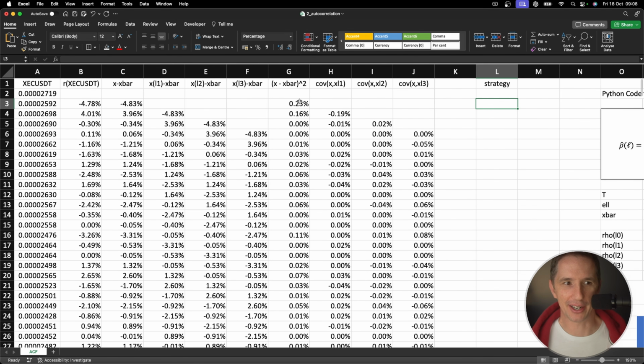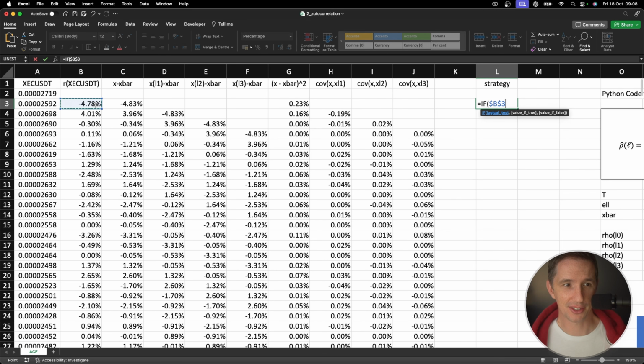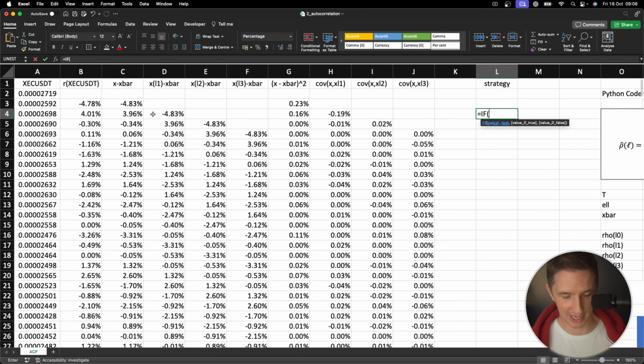And I'm going to say here that I know this is a down day because it's negative. So if that's a 0, I'm going to do nothing. But if it's a 1, I'm going to do something. So here I'm going to say equals if this return that I just had is greater than 0. In other words, if it was a 1, then let's say I placed a bet. In fact, let me do it down one row. If the day before, this is my signal over here, is greater than 0, in other words, it's a 1, then let's say I had placed a bet on that day and I got that price,